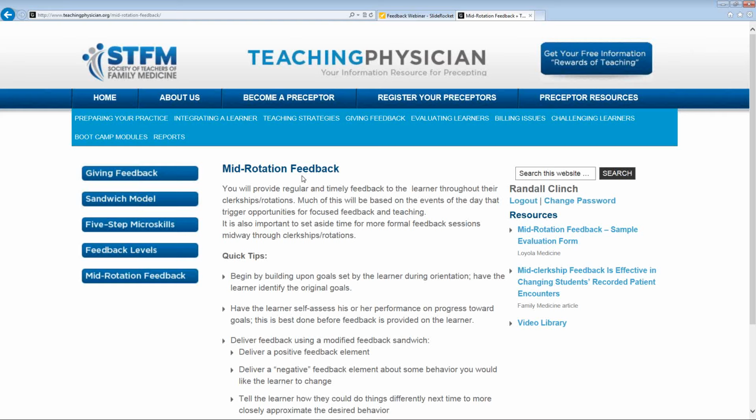So a lot of times you have to provide some evaluation comments, but an evaluation might happen at the midpoint where you're looking to see how you're doing in reaching your goals of the rotation of the experience so far, and it certainly would happen at the end when you fill out some sort of evaluation form.